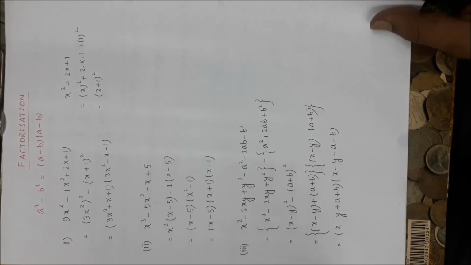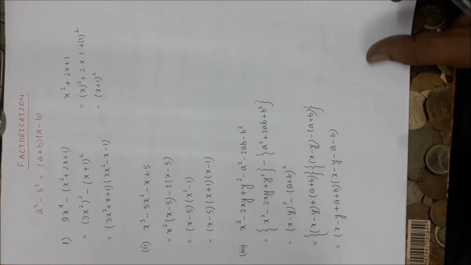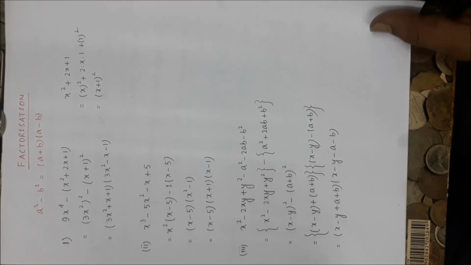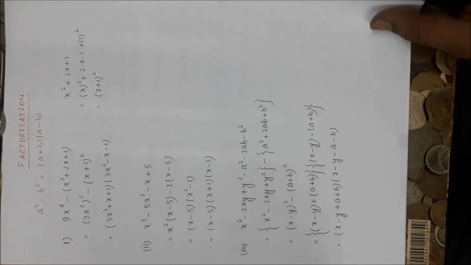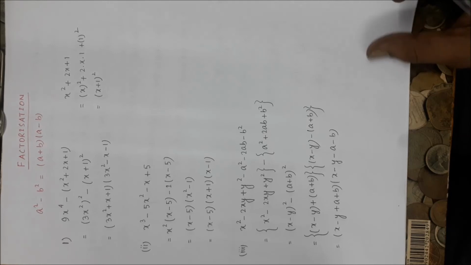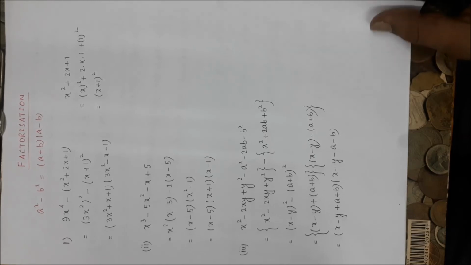Now next we are applying the formula. So the formula is the product of the sum of these two terms, so we will get a square plus b square plus 3ab, into the difference of these two terms, that is a square plus b square minus 3ab. I hope you understand this. Moving into the next part.